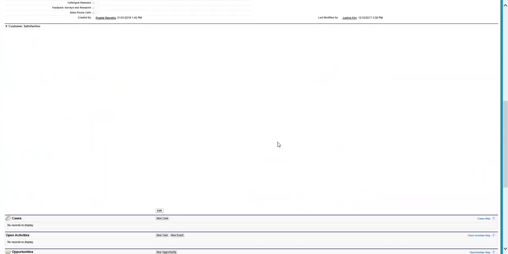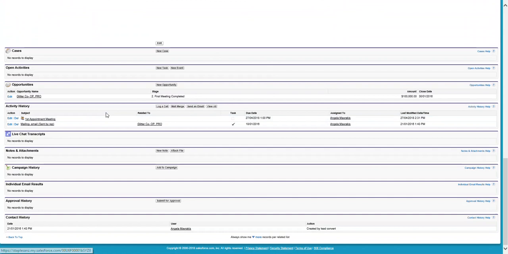And what you'll see is if you scroll down to the activity history, it's got a little pin there that's got two little heads. That means it's a multi-person event. It's first meeting, and it actually shows who it's assigned to, last modified